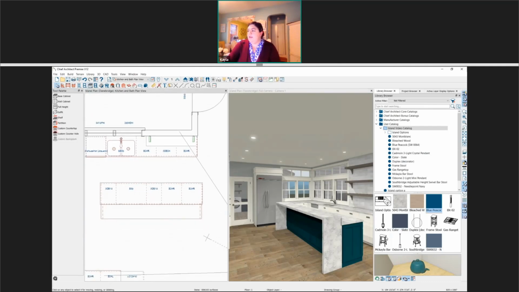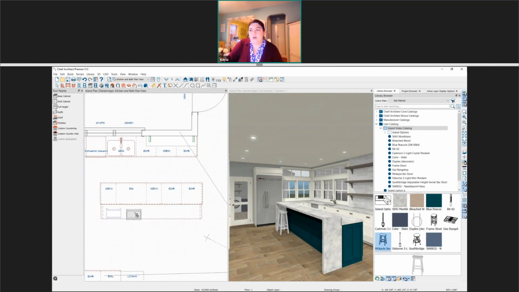Then I'm going to add in some additional stools. The stools that I'm using, I believe all of them are from the Wayfair catalog. These are just the options that I chose. I think most of the pendants that I chose are as well. So that's one of our manufacturer catalogs that we have available for download. So I'll just click to place. We'll do 5 stools here. And then here we have a pendant. I'll place 3 pendants.